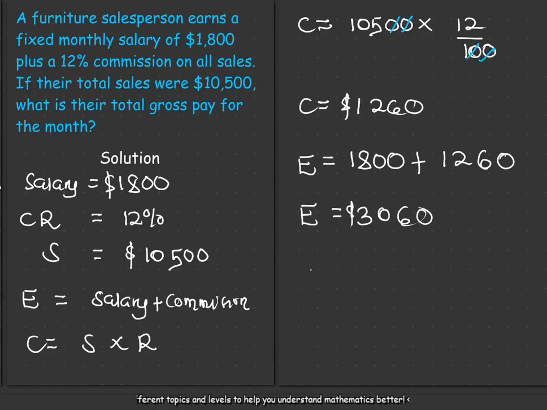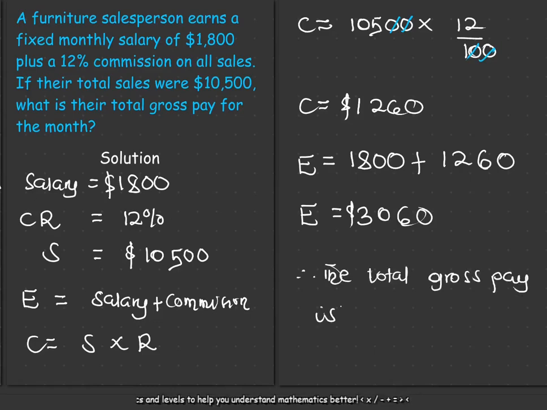So you can then say, therefore, the total gross pay is $3,060. As simple as that. All these are just direct and easy to solve. Hence, let's solve one last question where we would have to change the subject, to have a feel of other forms